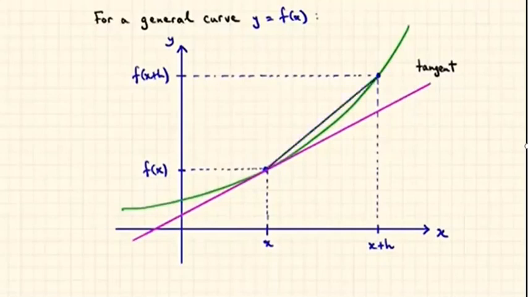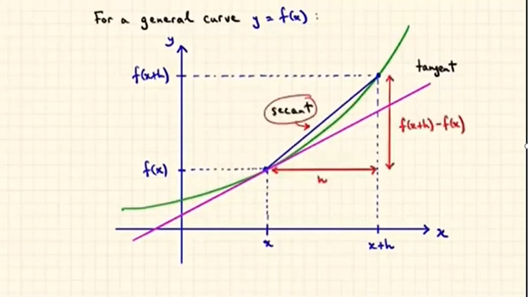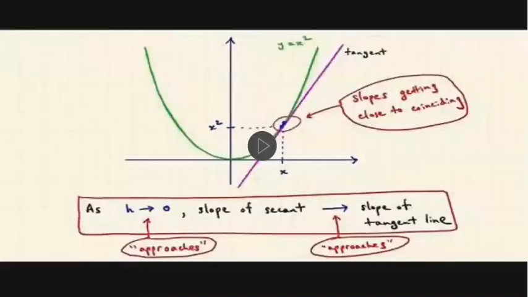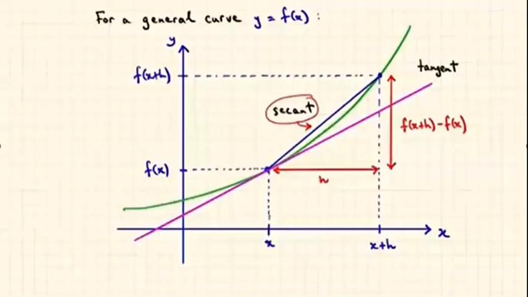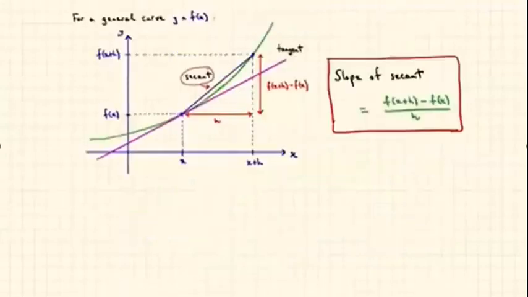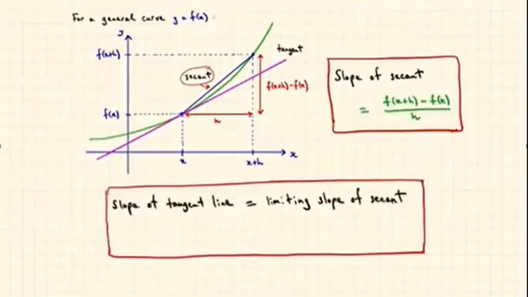We now join the 2 points on the curve to form this blue line segment called a secant, as before. In moving from the first point to the second point, the horizontal run is h and the vertical rise is f of x plus h minus f of x. So the slope of the secant is the quotient f of x plus h minus f of x divided by